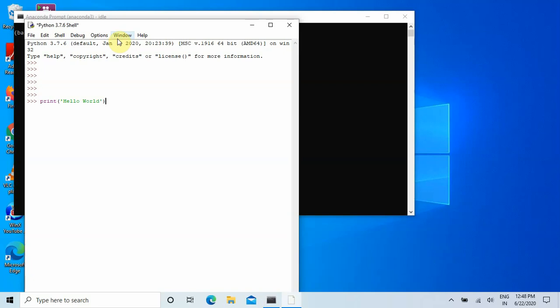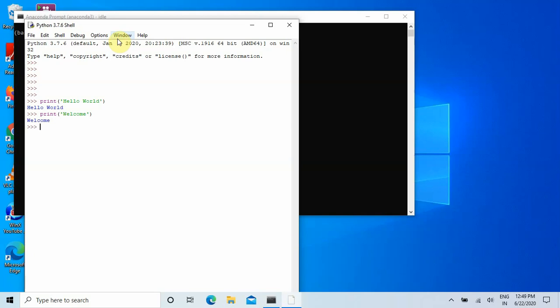Okay, so this is the print statement, and I want to run this. After writing this statement, if you press enter, yes, this is the output that it shows here, that is hello world. Like this, if you again write something like print welcome, and hit enter, it will again show the output as welcome.